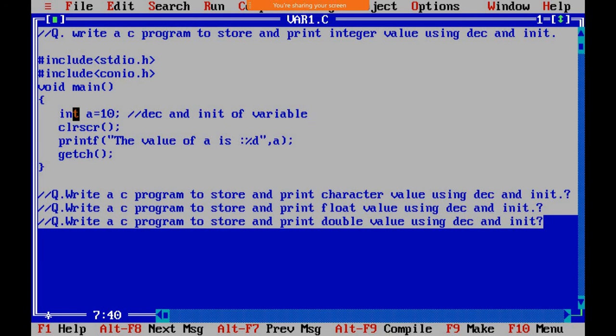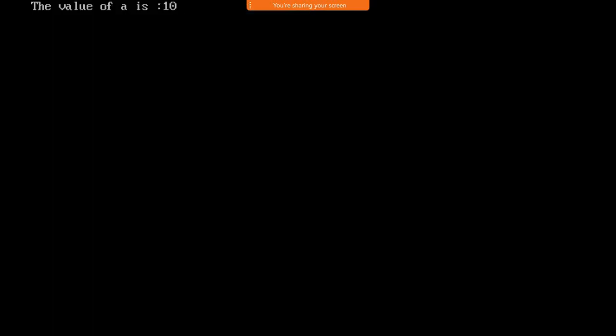Whenever I send you the video, while doing the practical, do it after some time: just memorize what I have read, then watch that video repeatedly, 1 time, 2 times, 3 times, and only after that perform the practical. That term is called declaration and initialization of variable. That's it, just this much change. Earlier we declared here and initialized after CLR SCR. Just compile it, no error, and just run it.